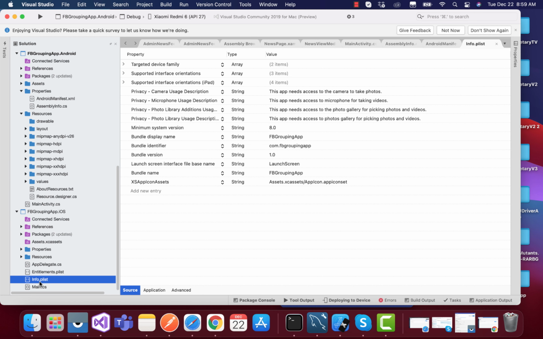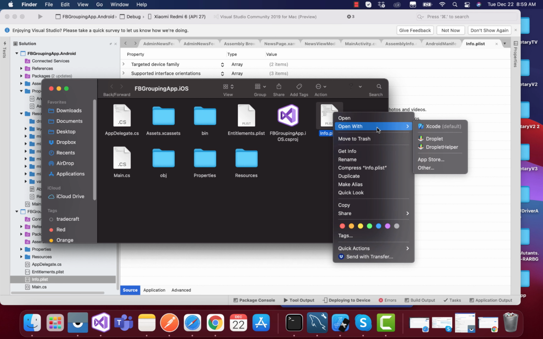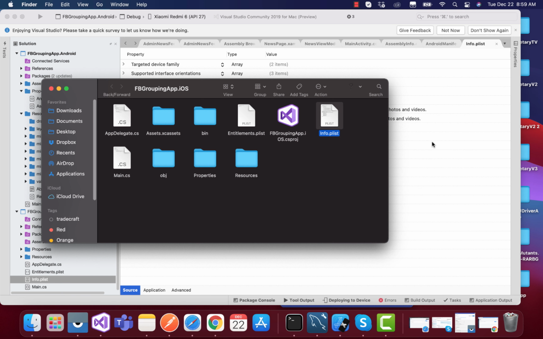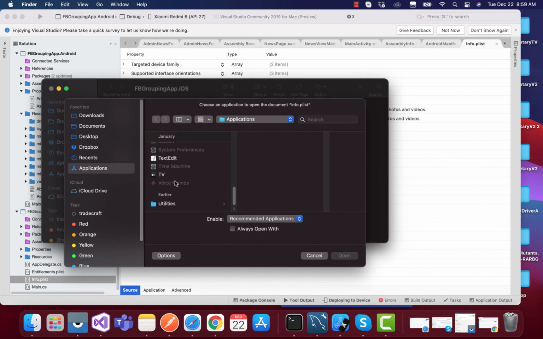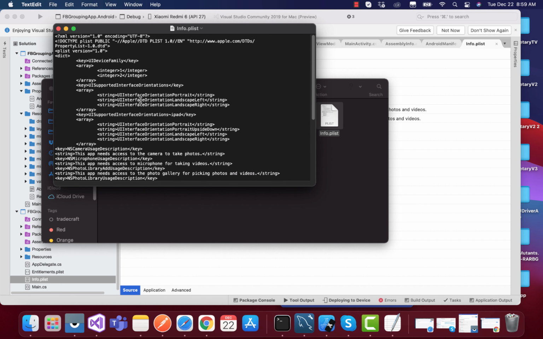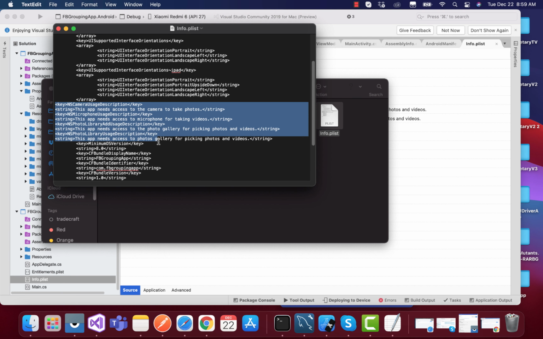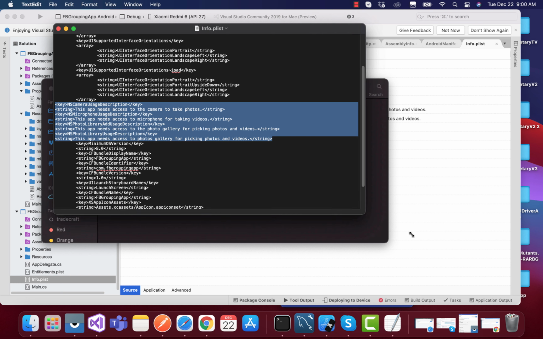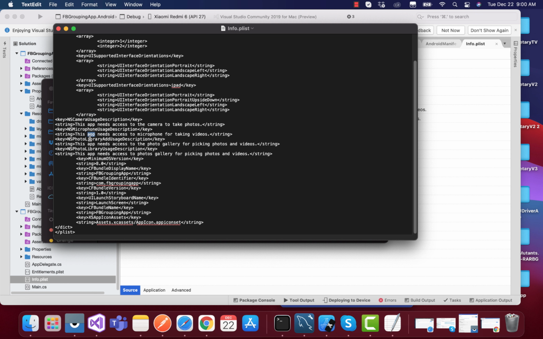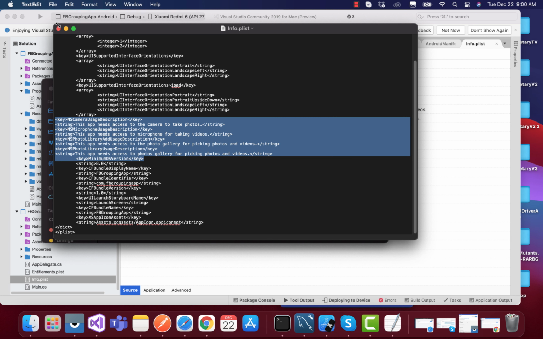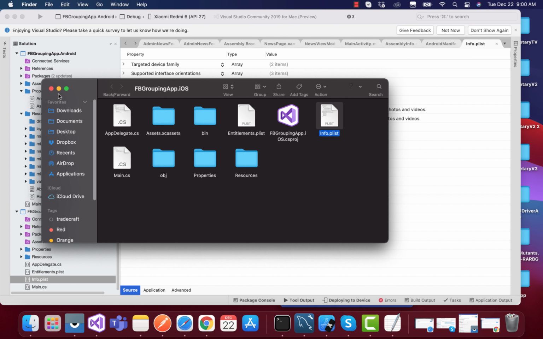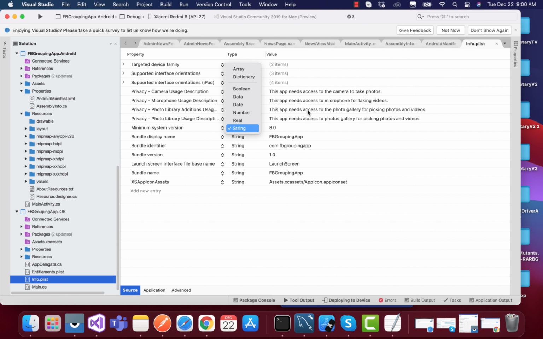Right click on info.plist and you can just select Reveal in Finder. Right click on the file and then click on Others. Then you will get your inbuilt text editor, and then you need to add all the plugin information over here in this section. That is already described in the plugin, that is Plugin.FilePicker. I'll give that link in my video's description below. You can just grab all the code from there itself and then add it inside your project. So this is the area that I will be adding, and then you need to just save that file with the help of the text editor. Then it saves inside your info.plist.